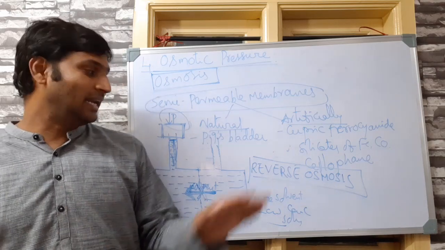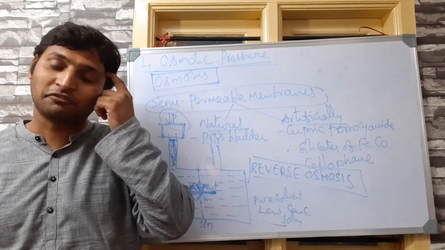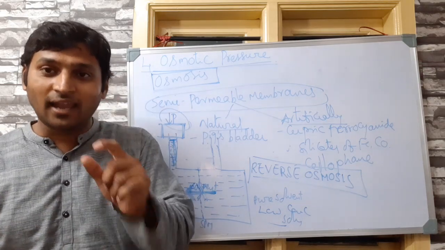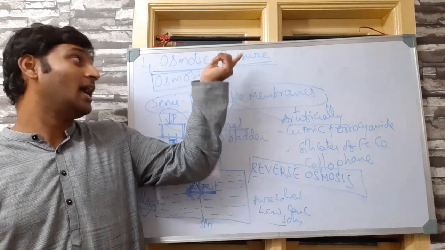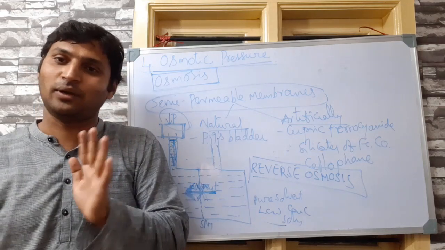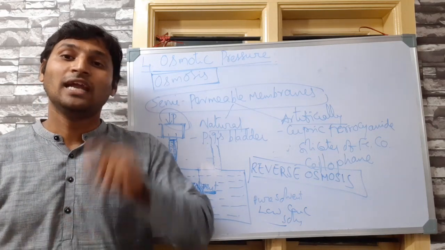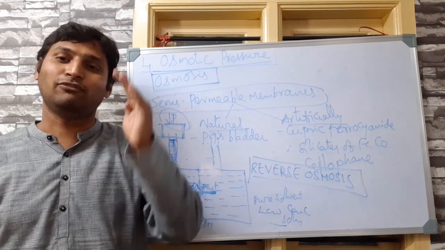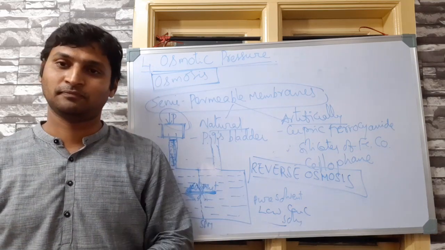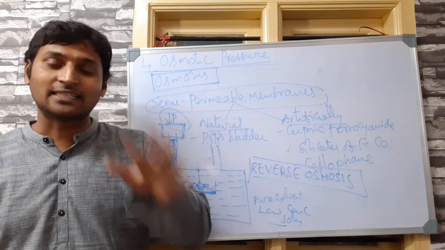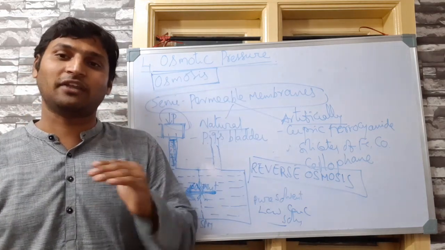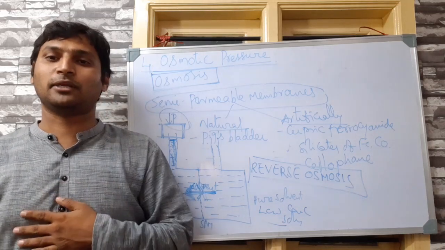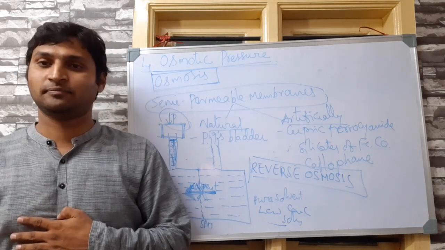Okay, so reverse osmosis is such an important phenomenon, and it can be formulated only if you determine the osmotic pressure of the liquid, otherwise no. So desalination of water can be planned only if you could determine osmotic pressure, and that's why understanding or determining osmotic pressure is very important.